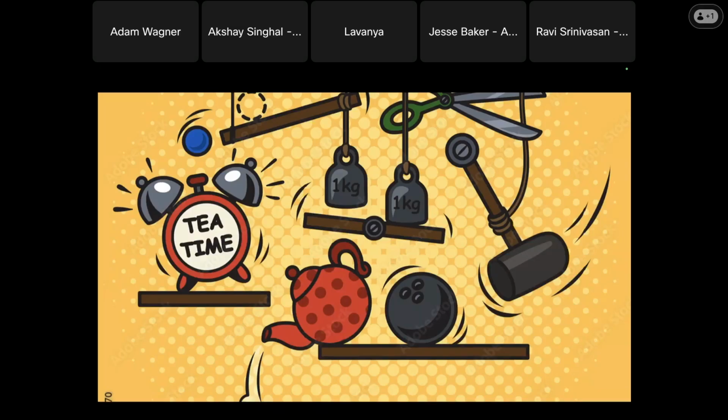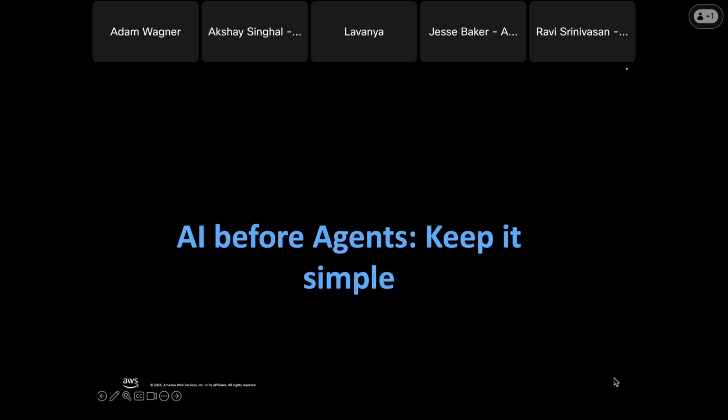Rube Goldberg machines are named after a person named Rube Goldberg who used to draw pictures of very complex machines that would accomplish a simple task like pouring tea by doing multiple steps, which is all just to say, you want to keep things as simple as you can. So, sometimes you need an agentic system. Other times you might just be able to call an LLM and do single LLM calls to accomplish what you want to accomplish.